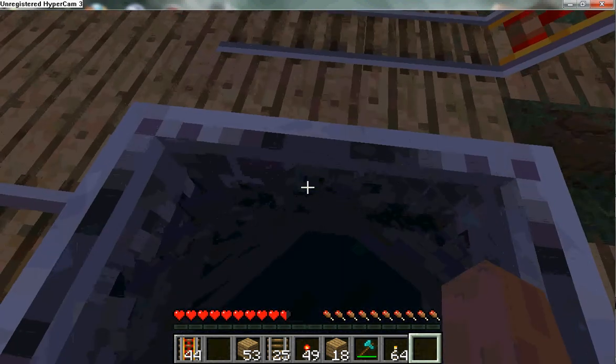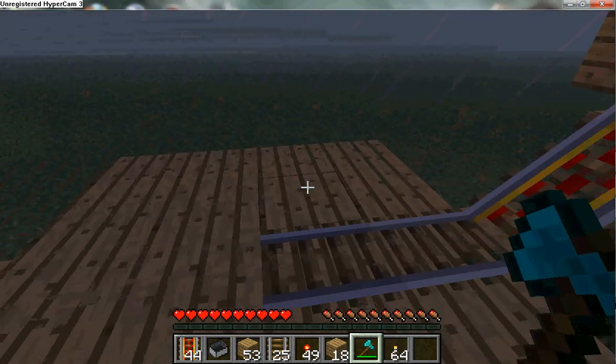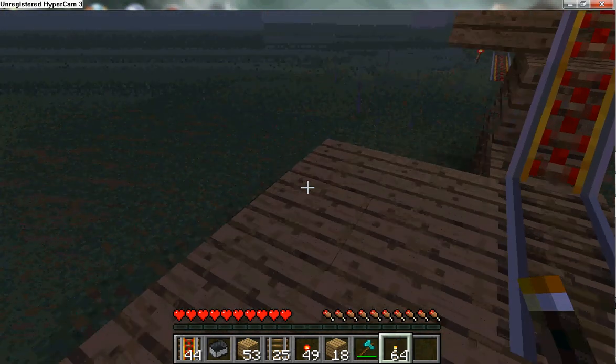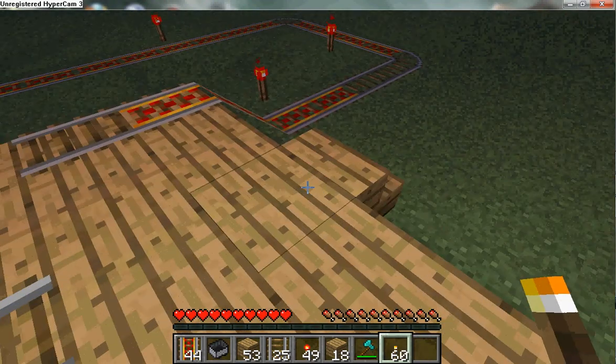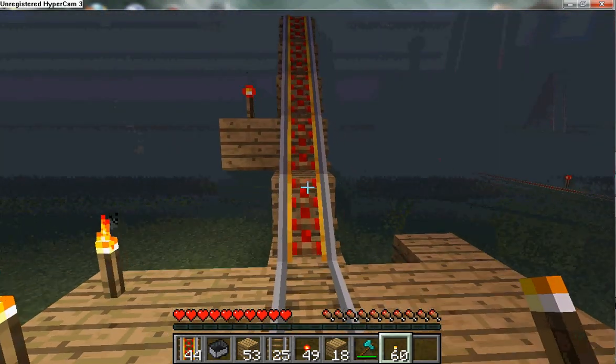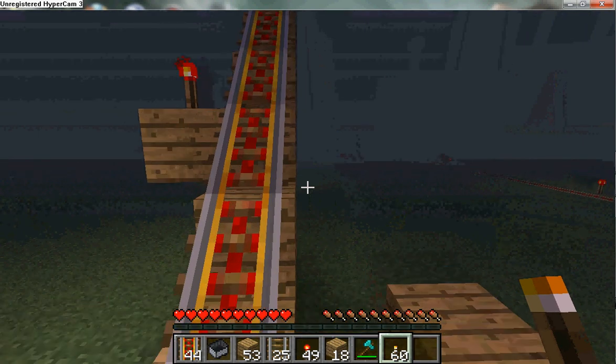Alright. Awesome. You just made a basic roller coaster. Congratulations. It looks really cool. Now we're going to start using torches. So, this is just a little bit of a